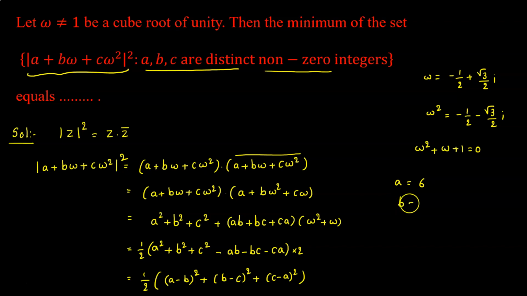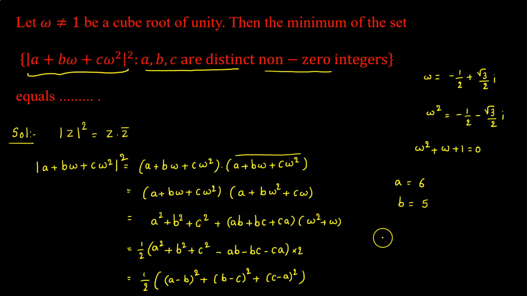Now b, if we want to keep this as minimum, we should keep the individual terms as minimum as possible. So we can choose b as either 5 or 7, because we want a minus b to be as least as possible. So let us choose b as, let's say for example 5,